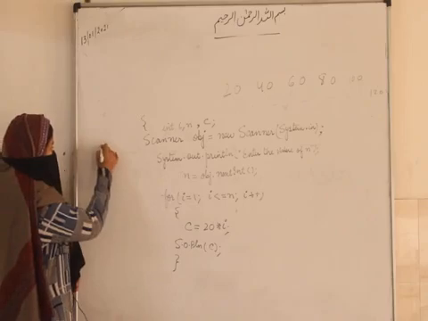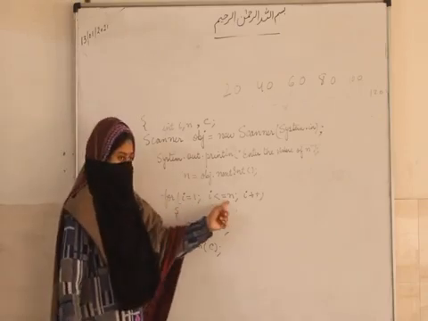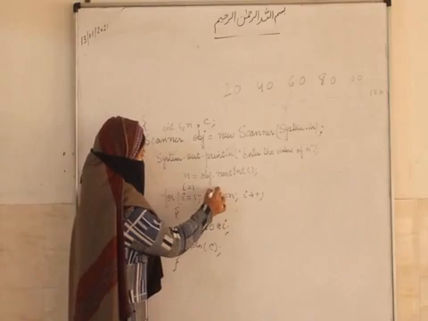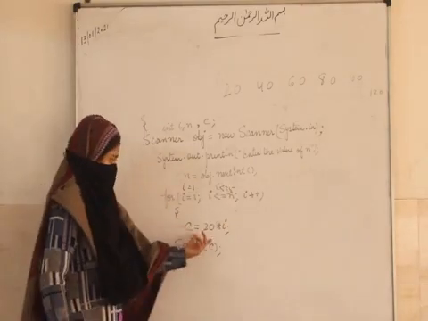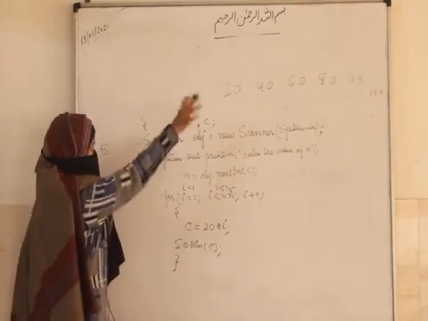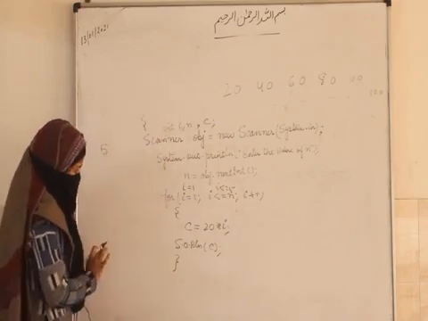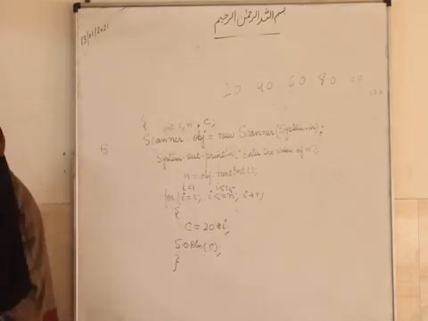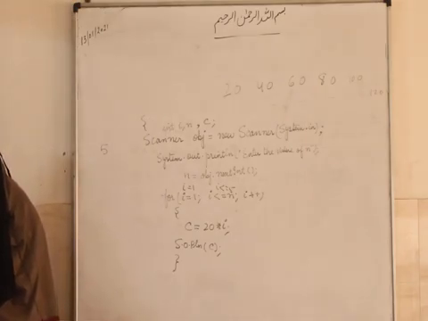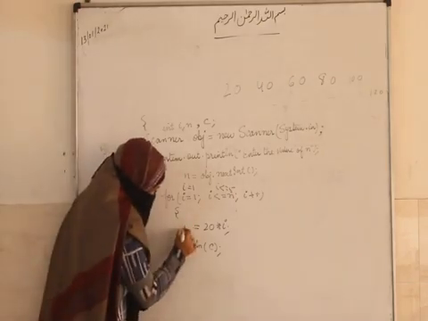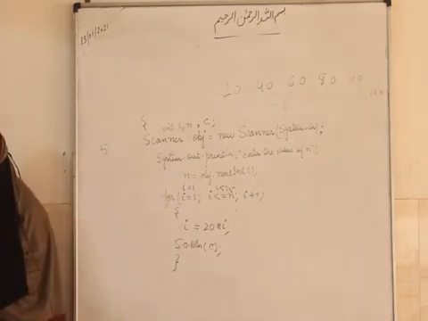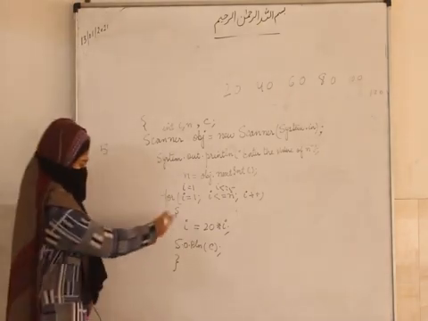Suppose the user gives the value 5. So this loop will execute 1 till 5. The loop will be I equal to 1, I less than or equal to 5. For every iteration what do we have to do? We have to write the table of 20. That is what we have to do. I equal to? That also you can do, I equal to 20 into I. Achha, I equal to 20 into I. How can you do that? You want to write this, I equal to 20 into I. For every iteration the value of I will become what?